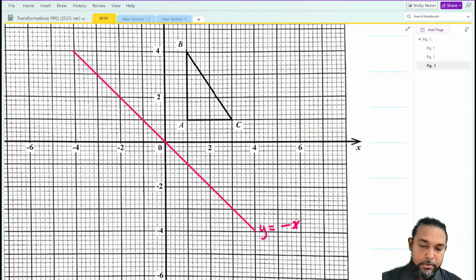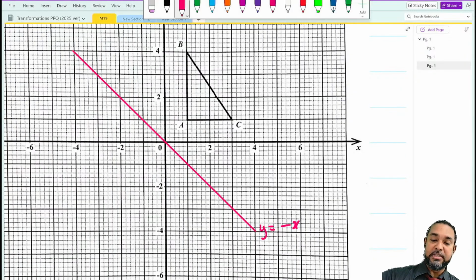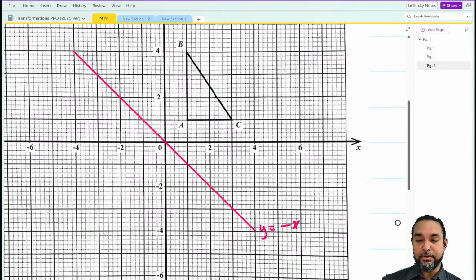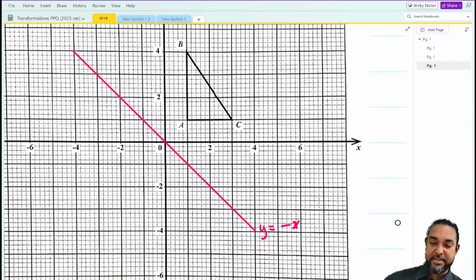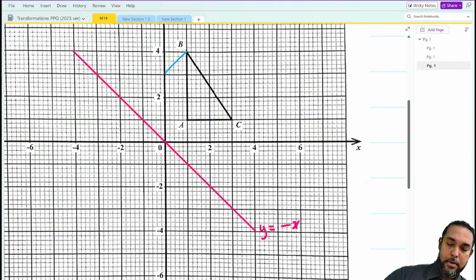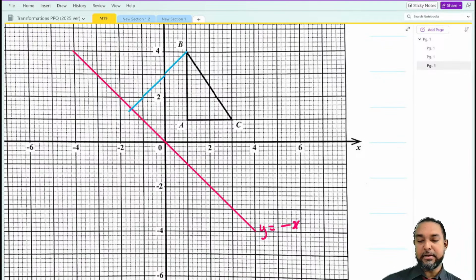All right. Okay. So Nyla asked an interesting question. What about if it was a reflection in line y equal to minus x, right? So if we apply our principles of reflection, for each point you have to draw a line from the point to the axis of reflection, but it has to be at 90 degrees, right? So like this one here, you could go 1, 2.5, and that looks reasonably perpendicular. On the next side now, you also go 1, and that's a half, then 1, and then 2. So B will end up here, right? Or B prime, or double prime.